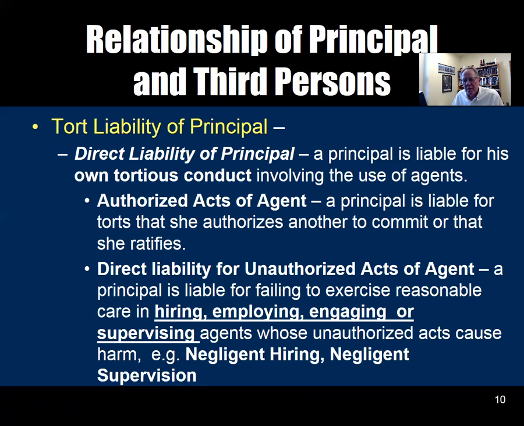Now we're talking about liability of action of the principal. It's called direct liability. So if the principal orders their agents to commit a tort, and that actually happened in a State Farm case where apparently State Farm asked, or according to the complaint anyway, requested that adjusters classify losses related to a particular hurricane as